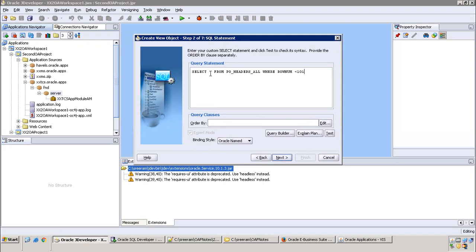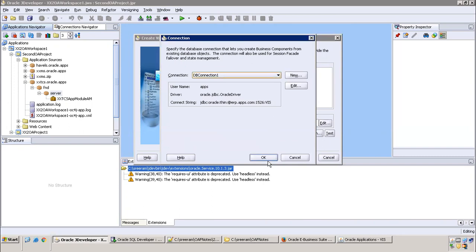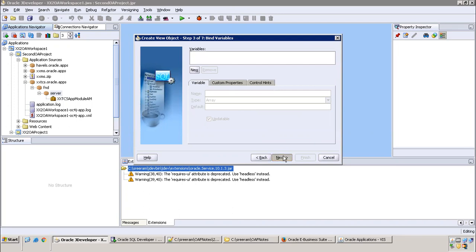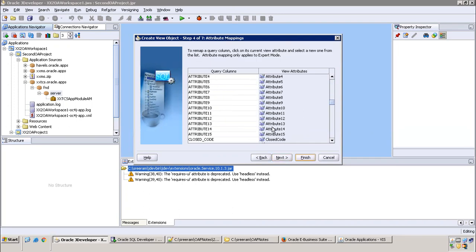Now click on next. One more thing: giving an asterisk, a star, is never a good practice, but I'm just giving it as of now since it is the initial page. Always specify which columns you want, and don't mention any extra columns. What you can do is mention all column names. Now click on next, and it is validating the database connection. Next. See, it got all the columns now.